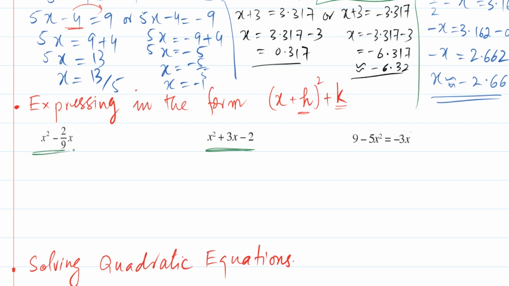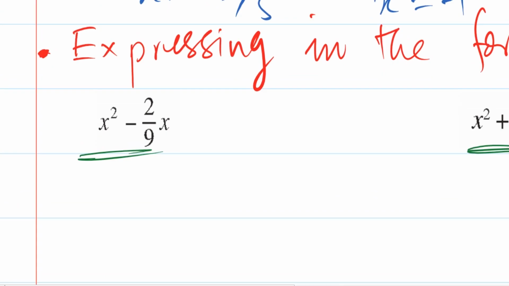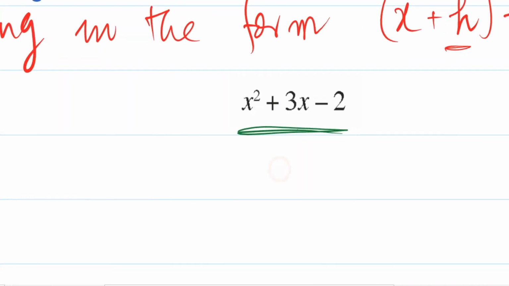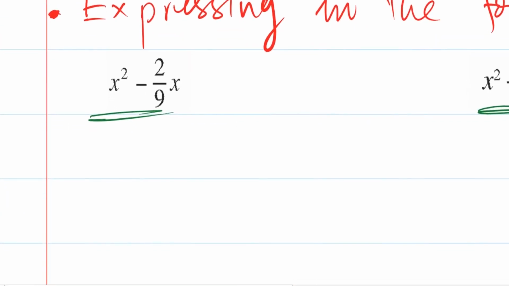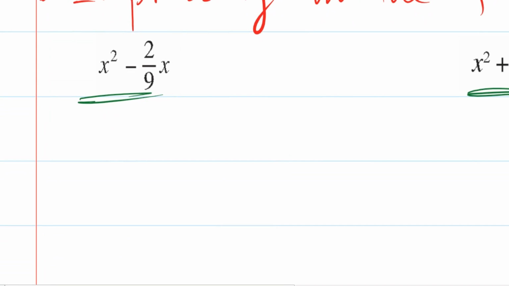In the leftmost expression, what you can see is the first term is x square with the coefficient 1, and we have two terms. Or we can have x square as the first term and three terms. So I will start with this one. This is x square minus 2 over 9x, means we have two terms in the expression, and the first term is x square only, with the coefficient of 1. So x square we will write as it is, minus 2 over 9x, that will also be written as it is.